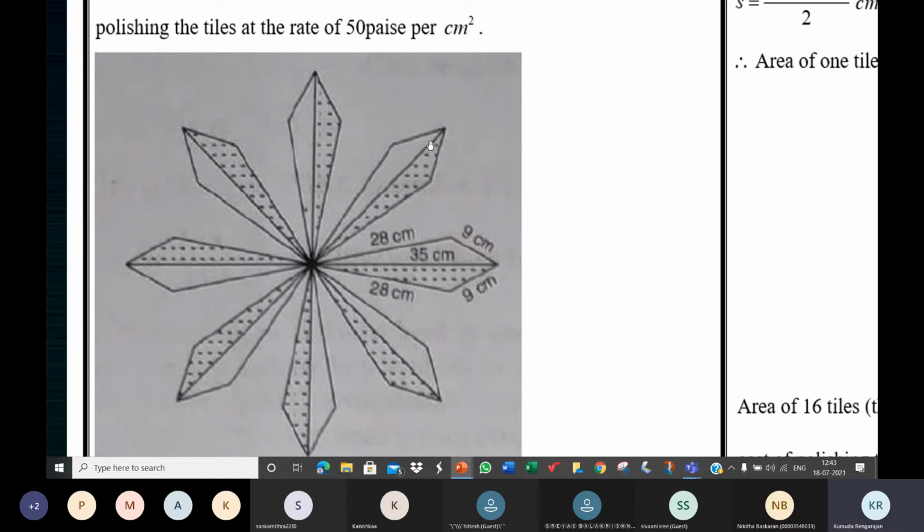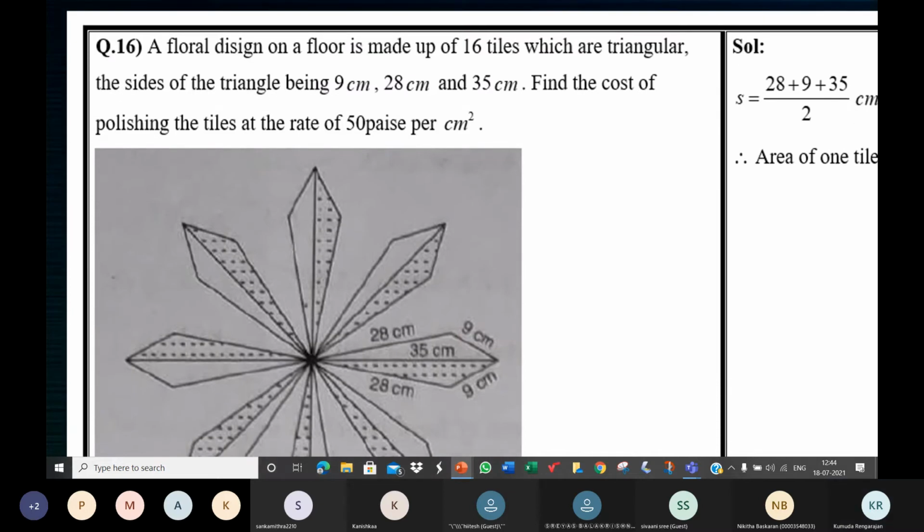They are placed like this to form a petal of a flower. The two triangular tiles are placed like this to look like the petal of a flower. A floral design, flower-like design. I hope we understand. So each petal has 2 triangular tiles in it. Okay, this is your work, work this now, children.